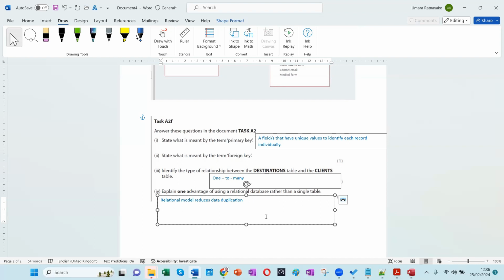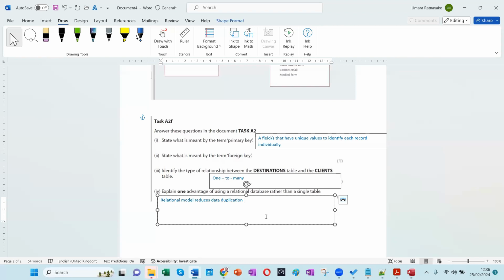If the client goes to 5 destinations, in a single table we'll have to repeat his first name, last name, contact number, address, everything for those 5 destinations. That's what data duplication is. Unnecessarily, we are repeating the same data. So the relational model reduces data duplication,